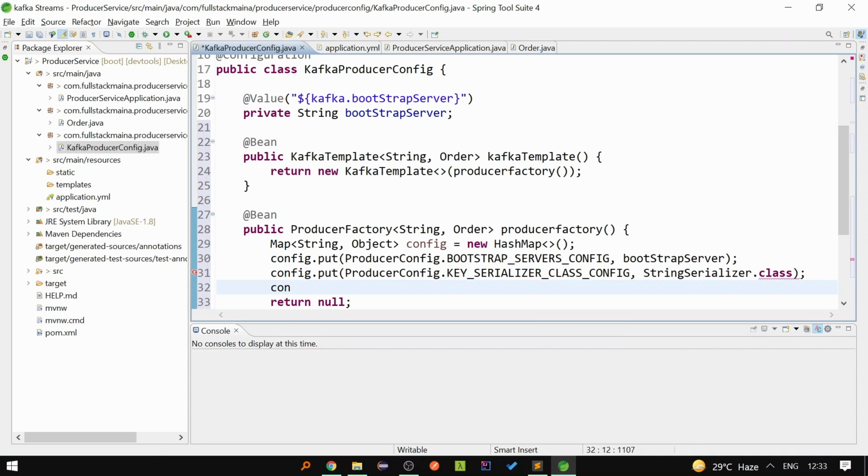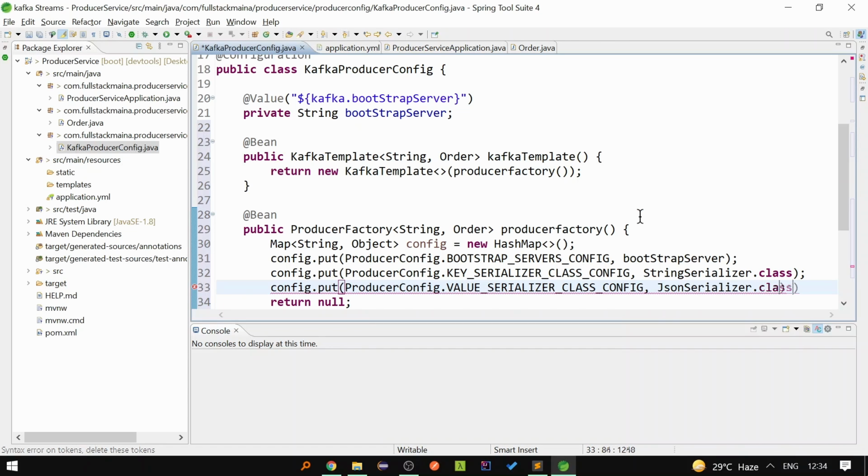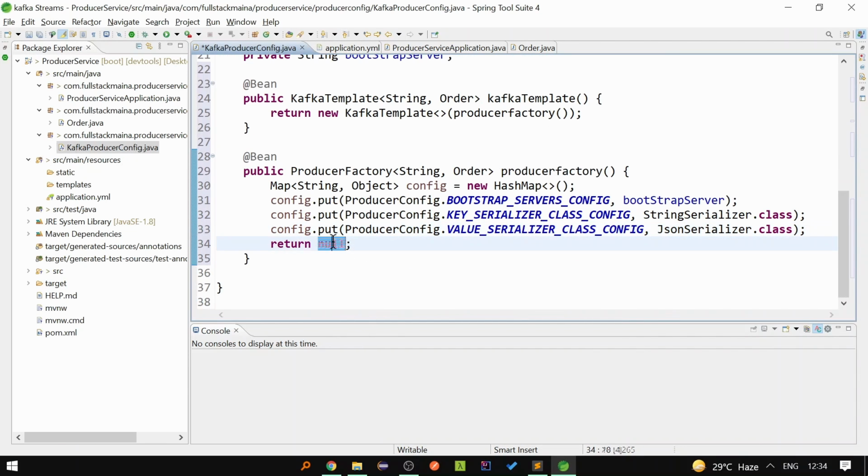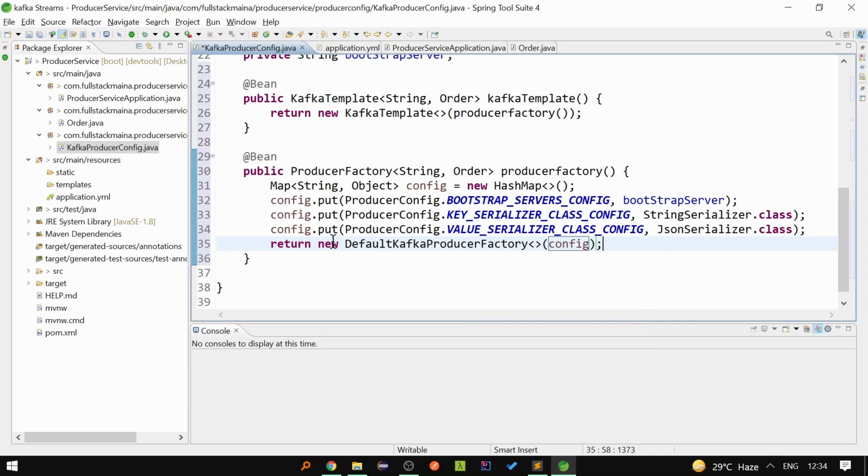Okay, and the order object is our value, so we will use JSON serializer. So in the value we will write JsonSerializer.class. Okay, so with this we are done with our configuration. The last thing we have to do is to return a new DefaultKafkaProducerFactory with the map as the argument.